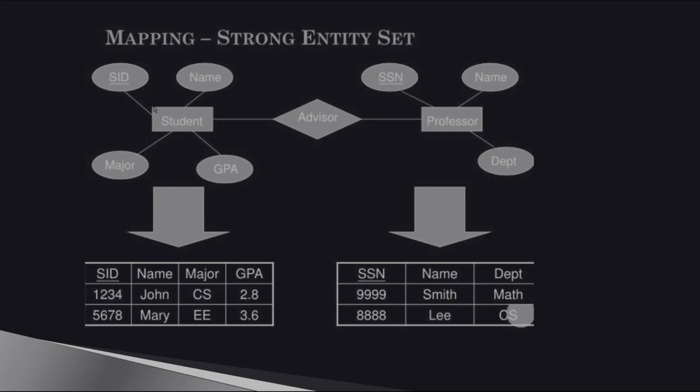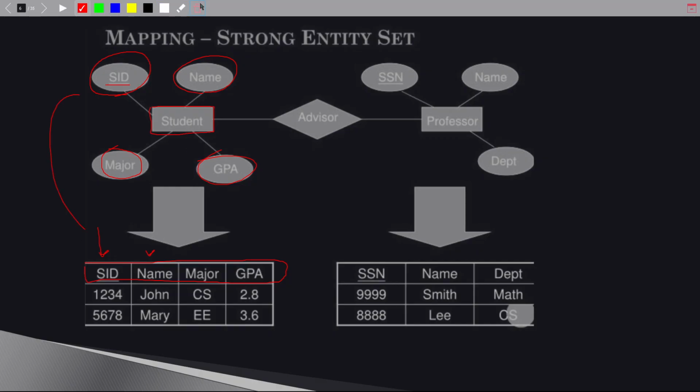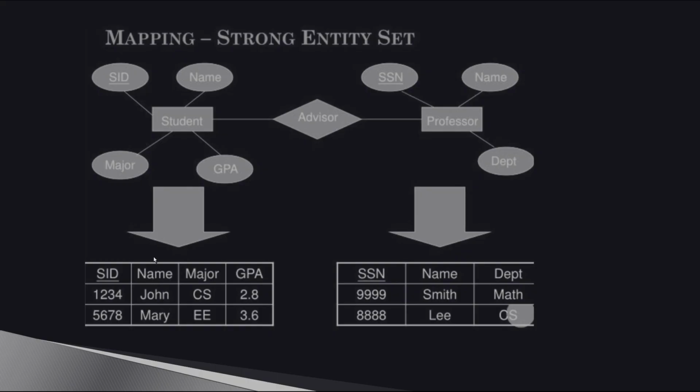So here's the first type, which is the strong or regular entities. So we have an entity student here on the left, which has 4 attributes: SID, name, major, and GPA. And this one is the primary key. We're just gonna make 4 columns here. Okay. First column is, in this case, the primary key, which is the same primary key as in the ER model, ER diagram. And then you have the other attributes as their own